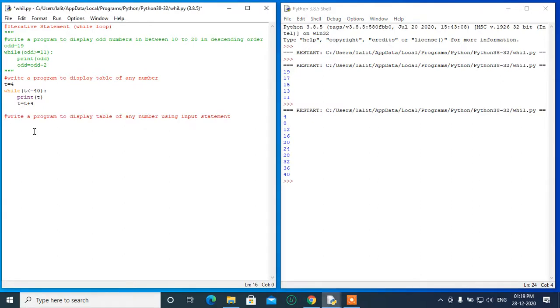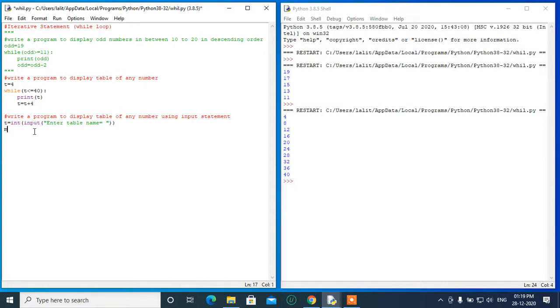Now in this case you have to take a variable t is equals to int input, enter table name. Now take another variable, because you have to multiply this value.